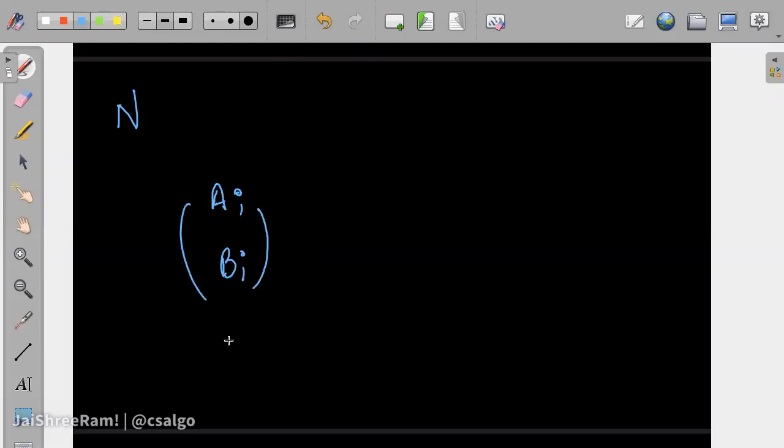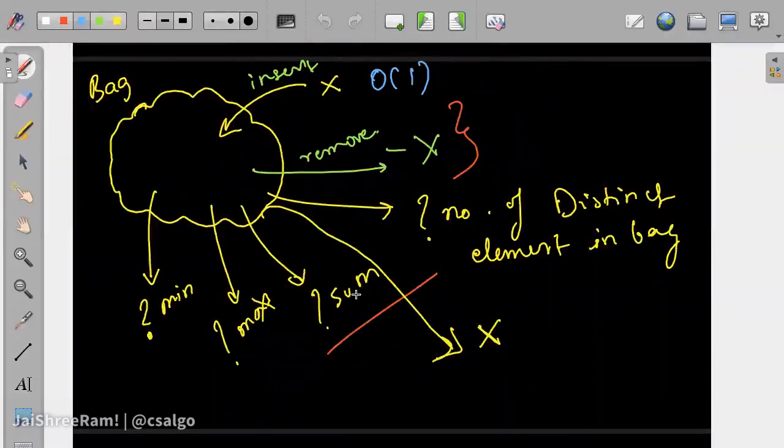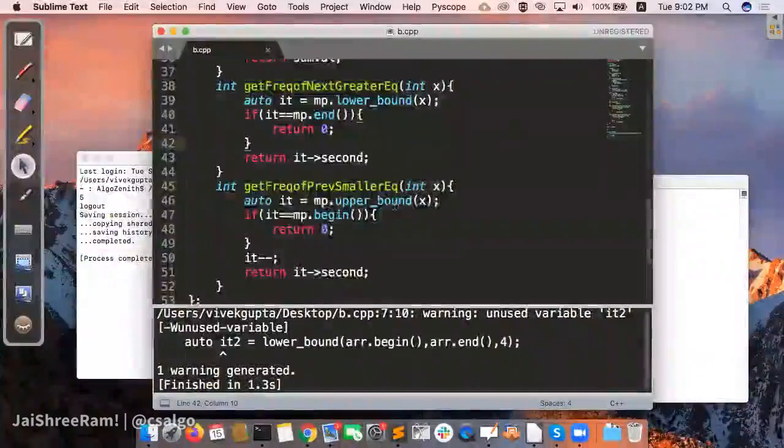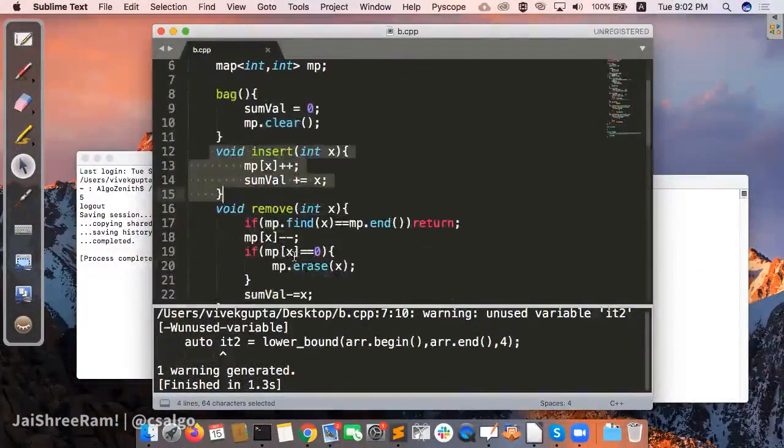Okay, just a quick move back to the previous problem, because we forgot about the time complexity of the things. What is the time complexity of all the operations that we designed? Let's talk about one. This takes no time. What is the time complexity of this one for a particular x? Sashi says log n. Okay, it's log n because insertion inside a map takes log n.